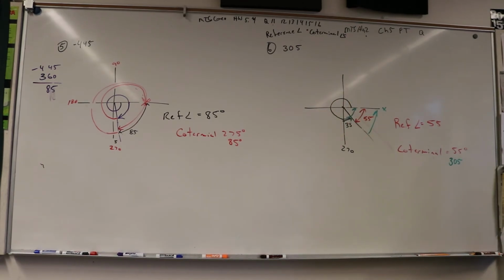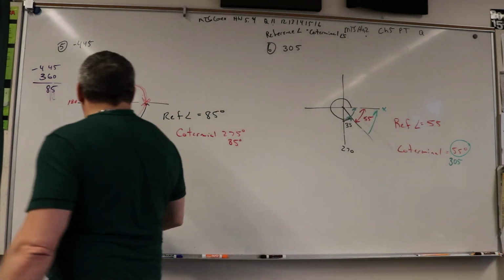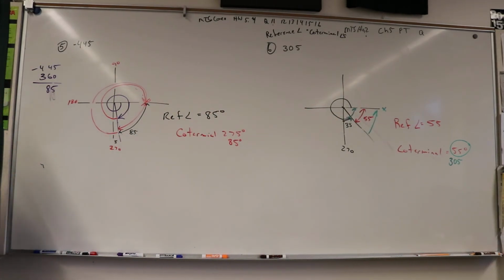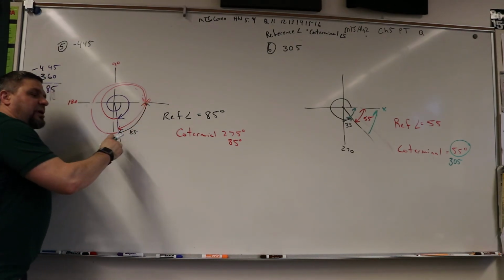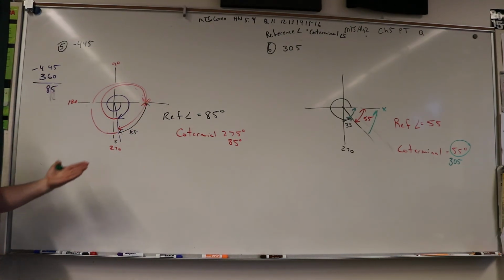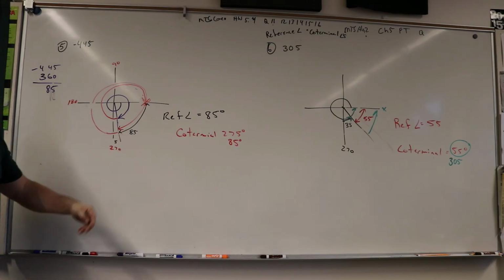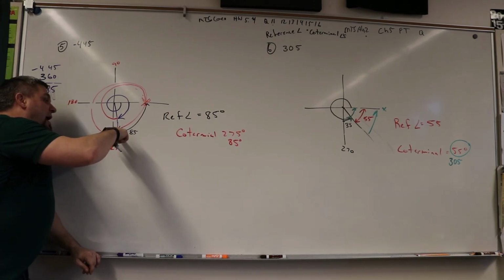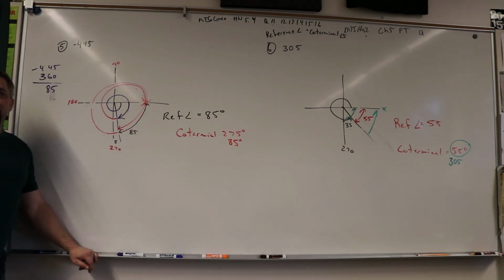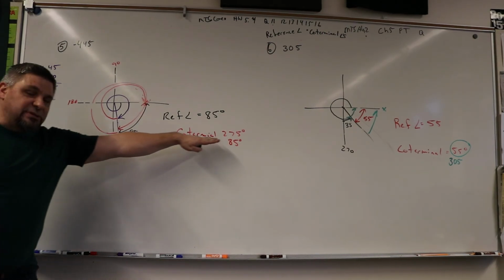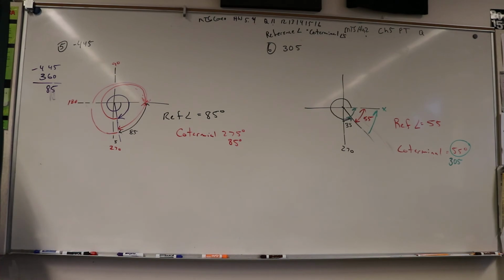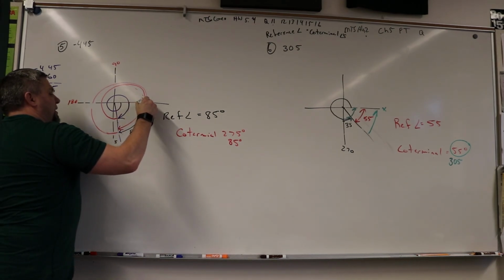But we don't usually look at that one. We like to look at the one that completes the circle. But you'll notice over here that their coterminal was the one that went past 360, which was 85. Whereas with me, I'm worried about how to complete the circle, which is 275. Okay? So coterminal means one's going in one direction